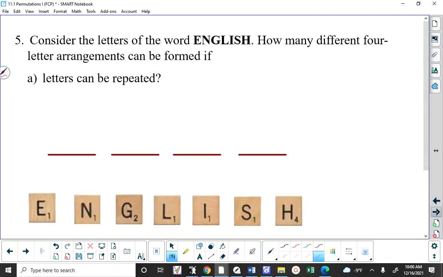Okay, let's take a look at number 5. We've got the letters of the word English. How many different four-letter arrangements can be formed if letters can be repeated? Wait, so we're not arranging them. What I have is an infinite number of E's. If you look up here,